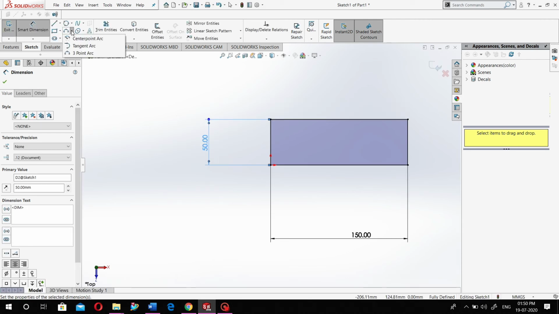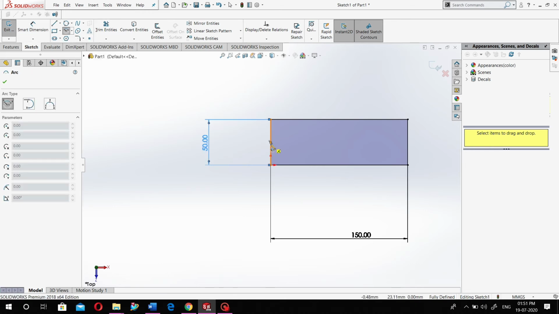Now we have to go to the arc. In this arc menu you see center point arc, tangent arc and 3-point arc. The name indicates it's a center point arc. Let's select this. First select the center point, then select the end point, and your arc is created accordingly.